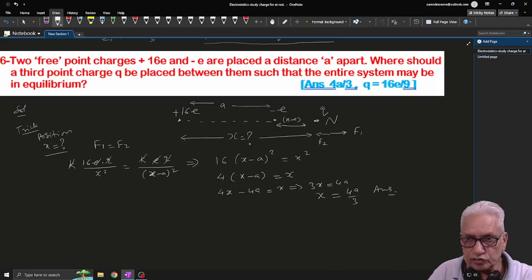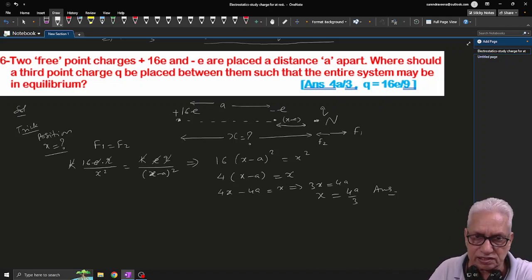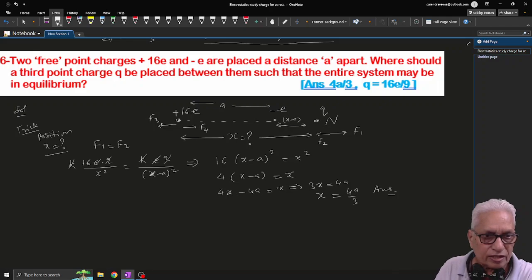Then we have to find out the magnitude also. Magnitude निकालने के लिए क्या करेंगे, एक्सट्रीम पर. Let us say this or this, whatever you like; दोनों में कोई भी ले सकते हैं, कहीं पे भी आपको मैग्नीट्यूड मिल जाएगा. Suppose this positive, so this is the repulsive force F3. This is negative, this is positive, so this is attracted. Repelled by this force, 16e is repelled by q and attracted by minus q. Say for magnitude, this trick है कि मैग्नीट्यूड निकालने के लिए नेट फोर्स यहाँ जीरो कर दीजिए. F3 is equal to F4.